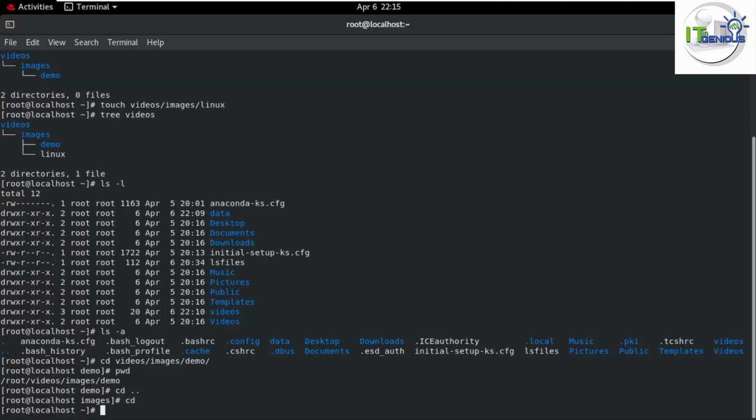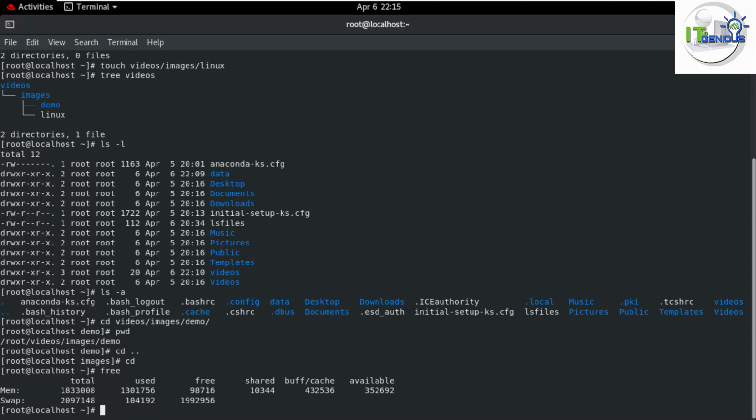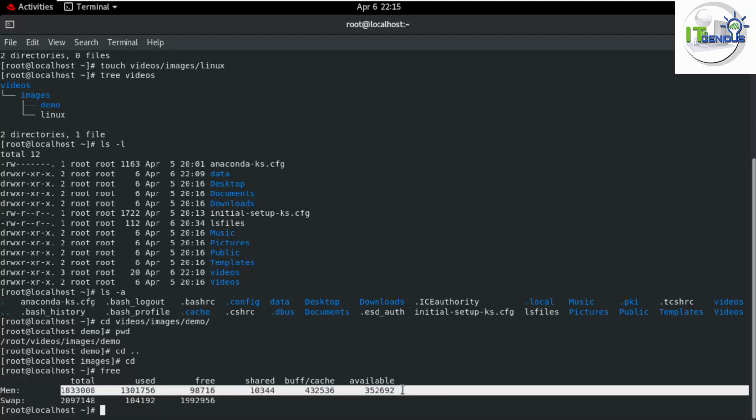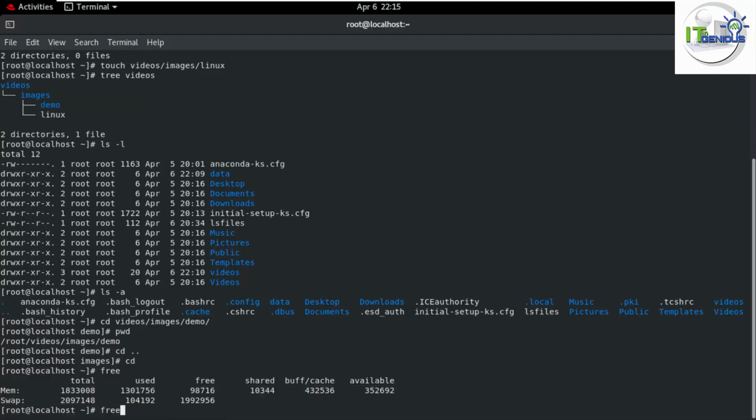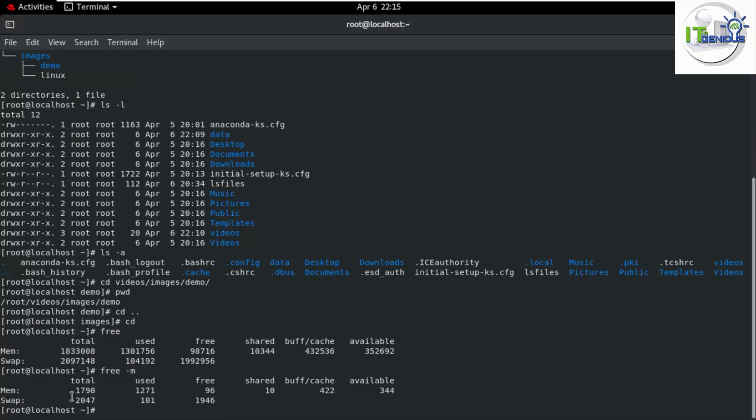Similarly, we can use the free command, through which you would be able to get memory information. So the memory which is in your system, the physical memory. Available memory you would be able to see here, but we are getting some statistics, some values here. If you need to check in megabytes, you can run free space hyphen m, then you will get your values in MB.